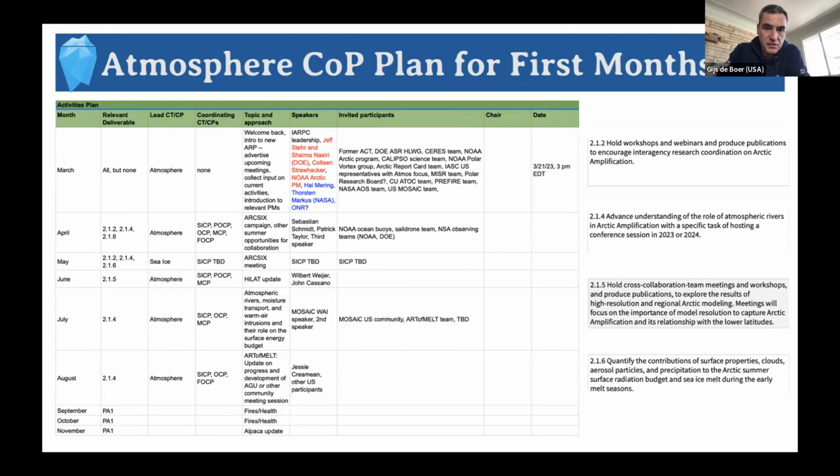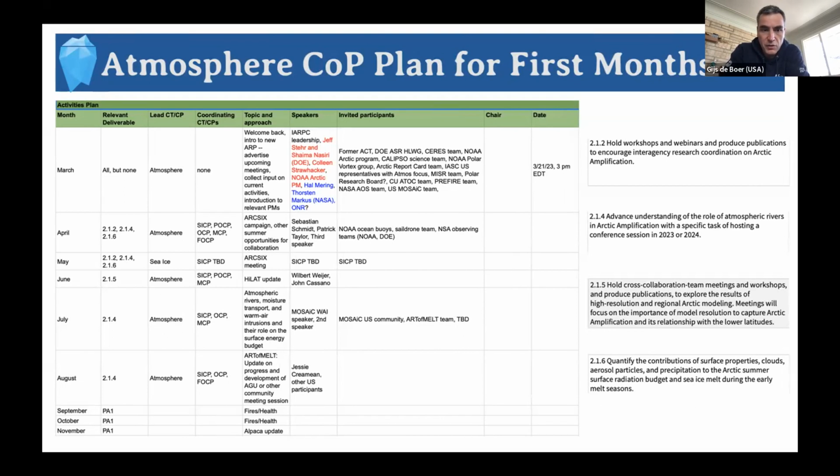I mentioned MOSAiC because there were some advection events observed during MOSAiC, but there are also other projects like the Arctic Ocean melt project, which is led by the Swedish team but has US participants as well, that focuses on this transport of moisture and the subsequent impacts on the surface of that type of long-range transport. And then in August, looking at, again, the campaign specifically, gives some idea on early results and an overview of what was observed and how that campaign went.